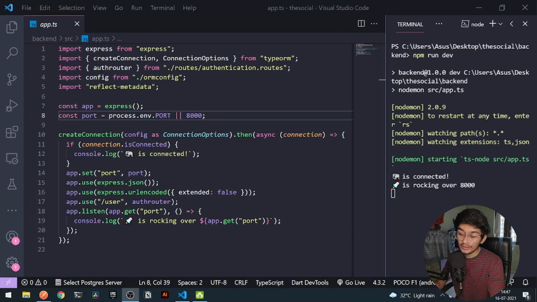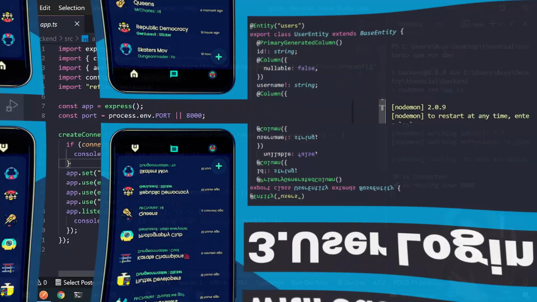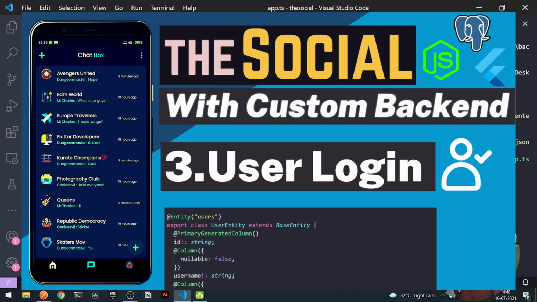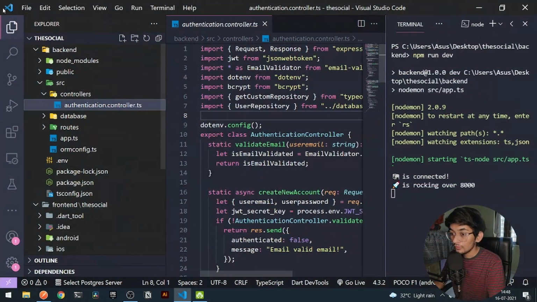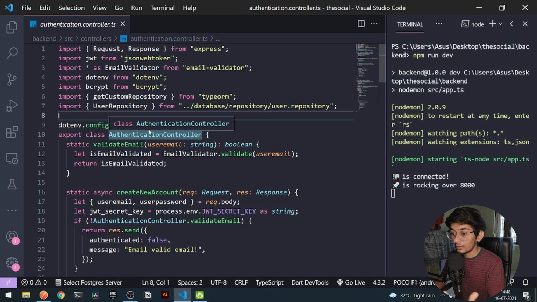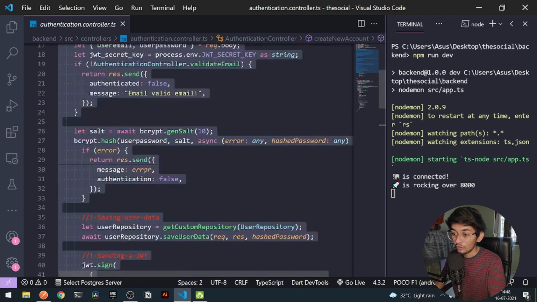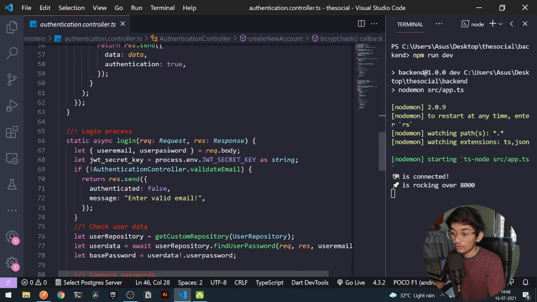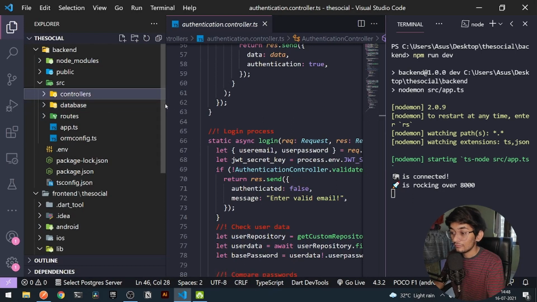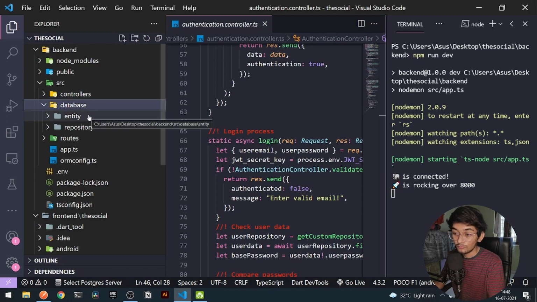In this video, we will be integrating the authentication backend that we have developed so far with our frontend. If you have not followed my previous tutorial, kindly follow it there, so you will get an idea about what we have done so far. As a small tidbit, under our entire social application, we have created the following authentication controller, under which we have the following methods for creating a new account and also for logging in to our current account. We have connected our entire backend with our Postgres database.